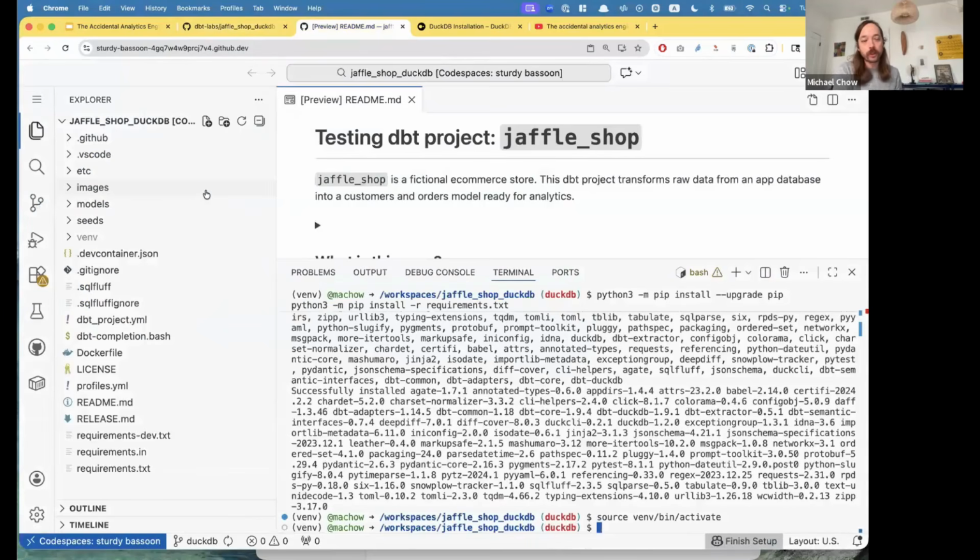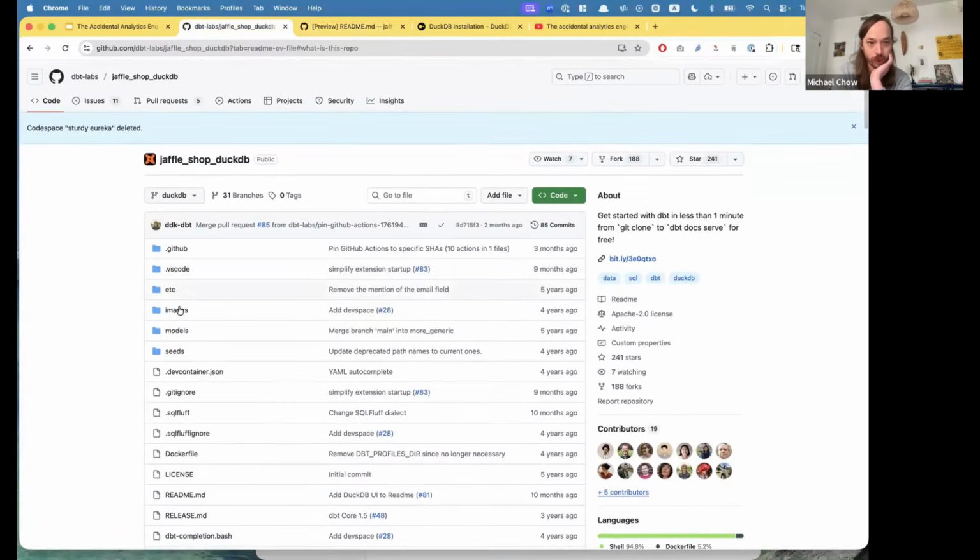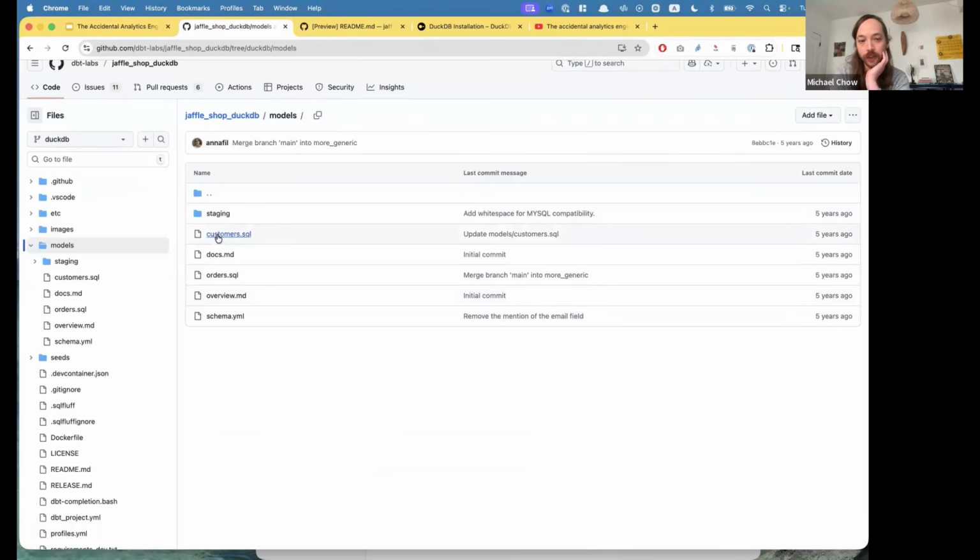Now this is where I think it will hopefully make sense. Right now we have this folder, which is models. Let me open it on GitHub so you can see it there. In models, notice there are these SQL files, and basically we're going to get tables for every SQL file.